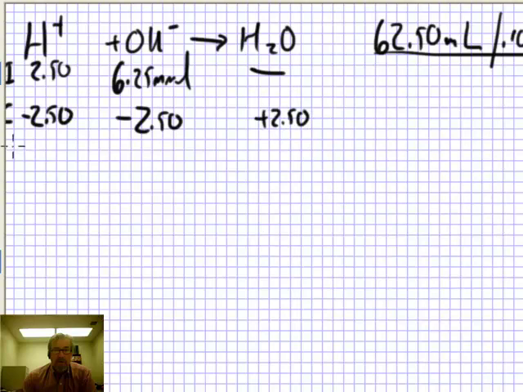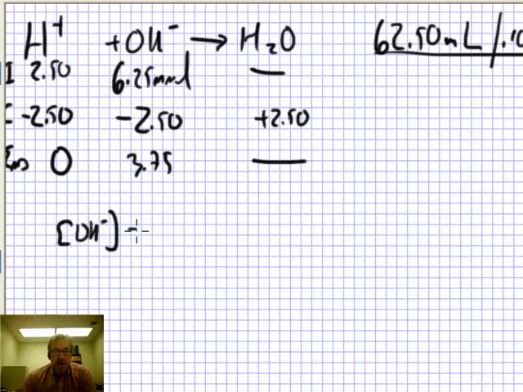At the end then, when this is done, we won't have any H plus. We already know that because we've gone beyond the equivalence point. 6.25 minus 2.5 is 3.75. So that means we have 3.75 millimoles of OH minus that haven't reacted with any H plus, and so that's an excess reactant here. Water, we don't care. So the concentration of OH minus in this reaction is 3.75